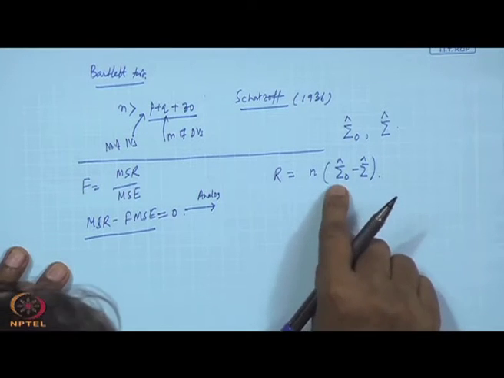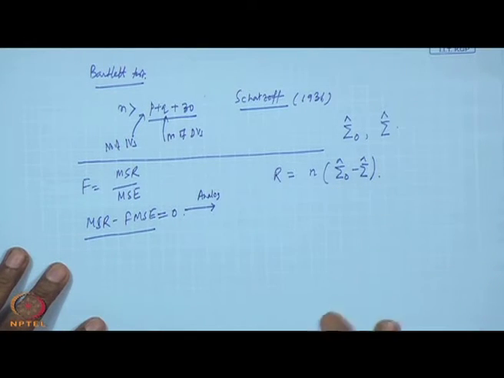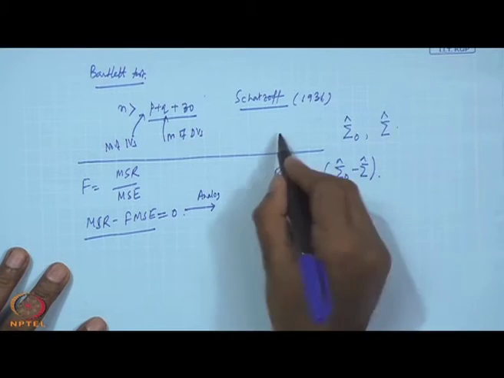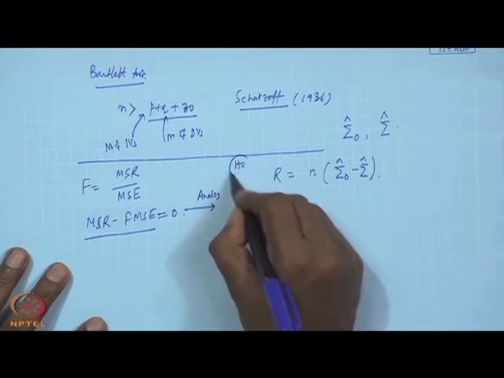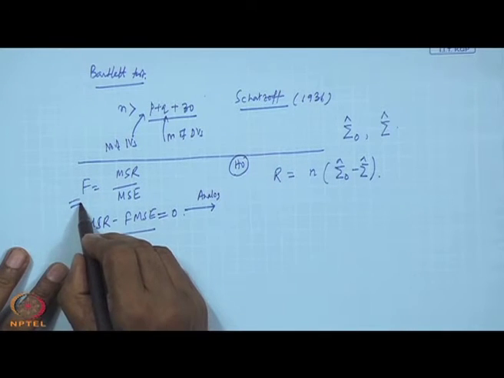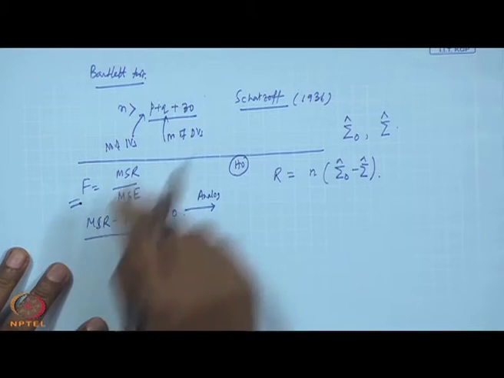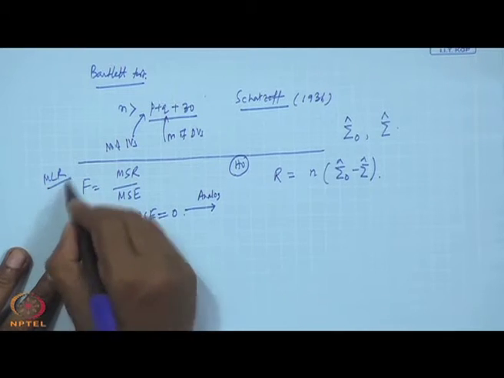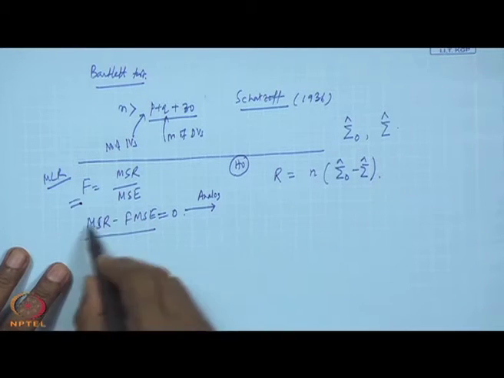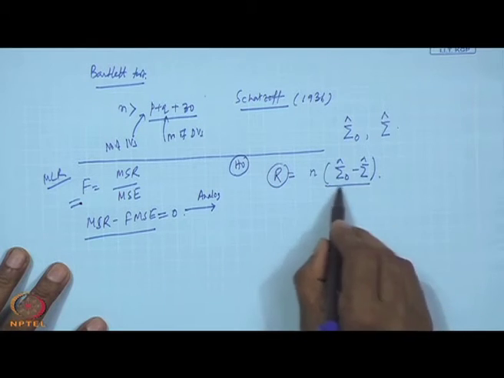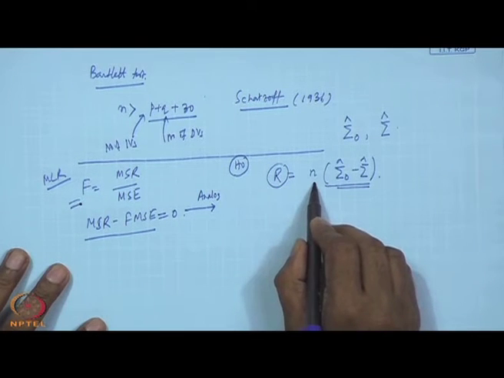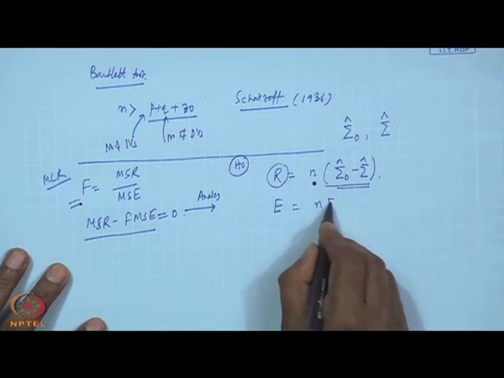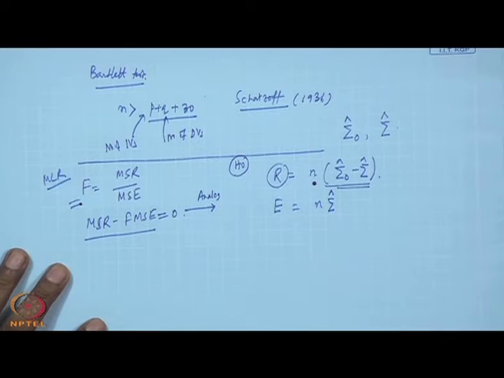That means, what is this? This difference shows how much the m variables you are dropping are contributing. You are testing H0 here also. In ANOVA also you test H0, and then through the F test you say yes, some of the variables are contributing; that is in MLR. But in MBLR also, what is this? This R is the difference between this and this, multiplied by the number of observations, and if I say that E equals N, that is the full model.